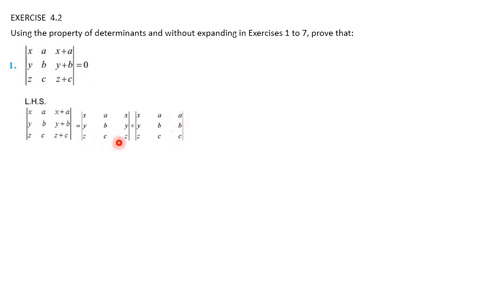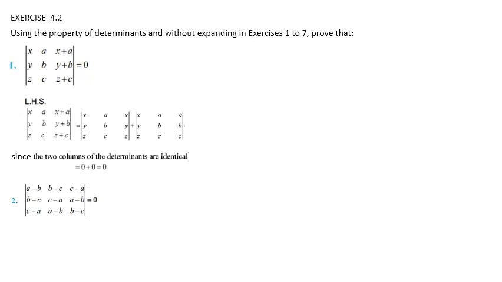And when you look at this determinant, you can see the first column x, y, z and the third column x, y, z, both are identical. And in the second determinant, second column a, b, c, third column a, b, c, identical. By using the properties of determinants, if two columns are identical, the value of the determinant is 0. So 0 plus 0 equals 0.